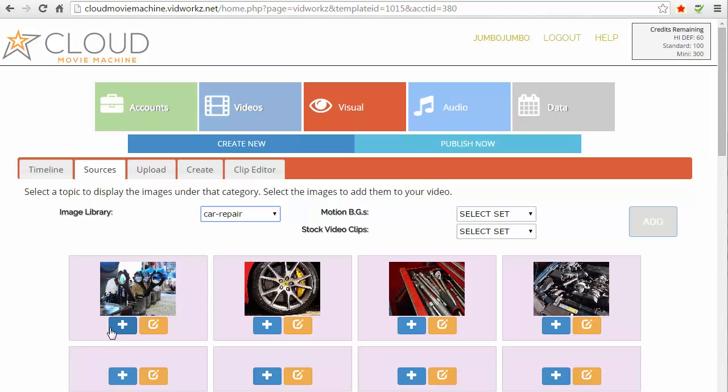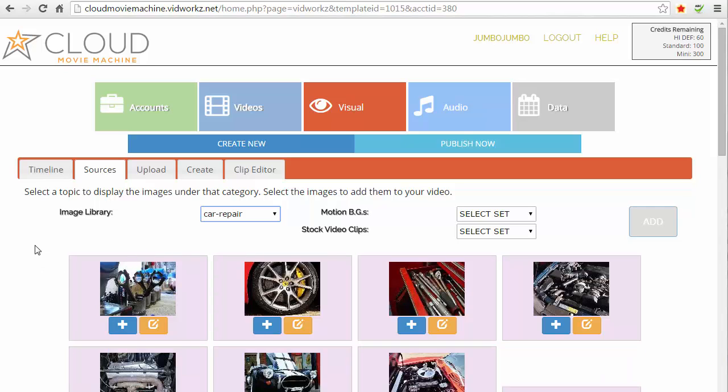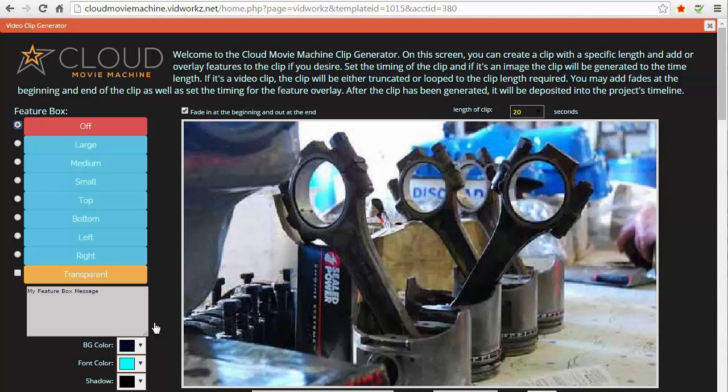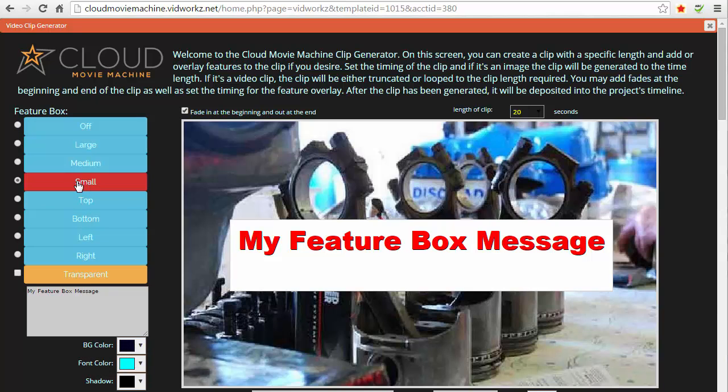Now you can either add them to the timeline as a JPEG, in which case it'll get made into a 7-second showing of that slide. Or you can open it in what we call our clip generator. The clip generator will show the image, and you can create, you know, like a feature box on top of it. You can put your headline if you want to,